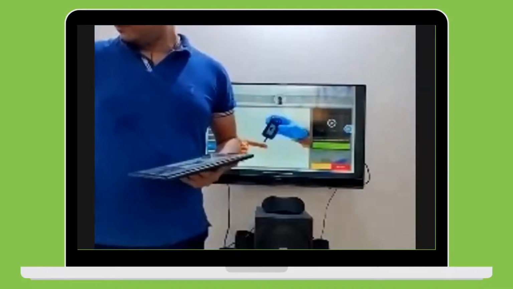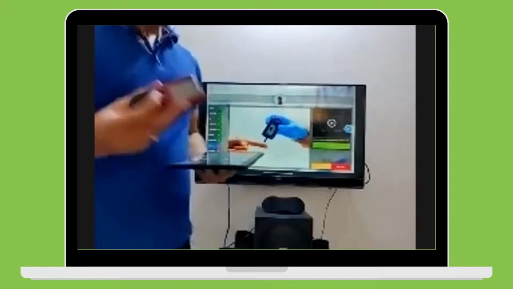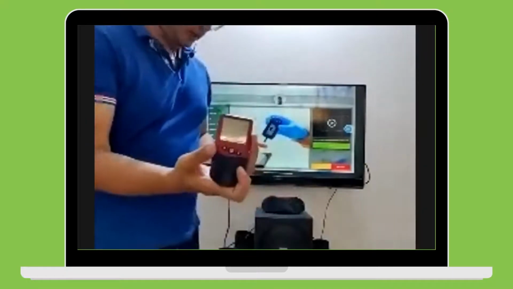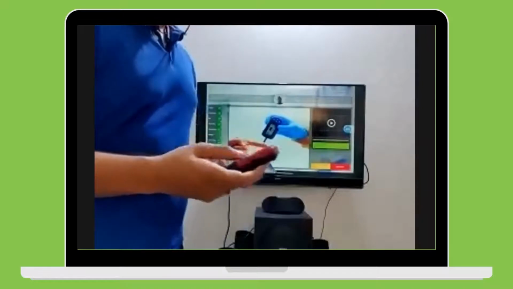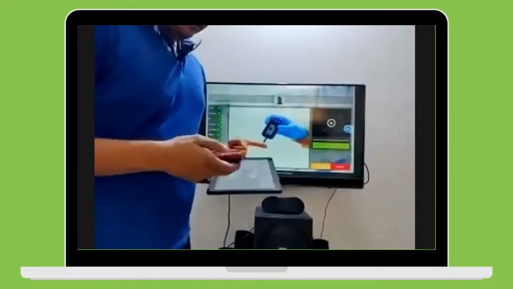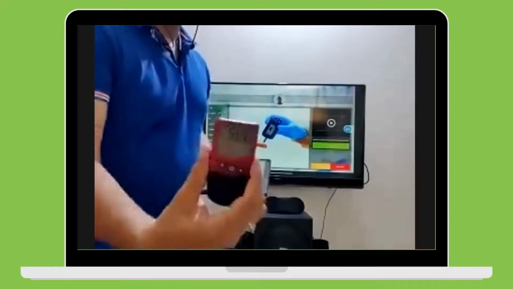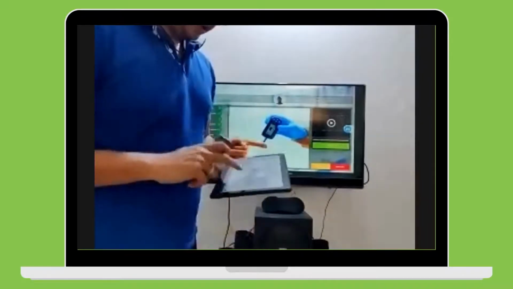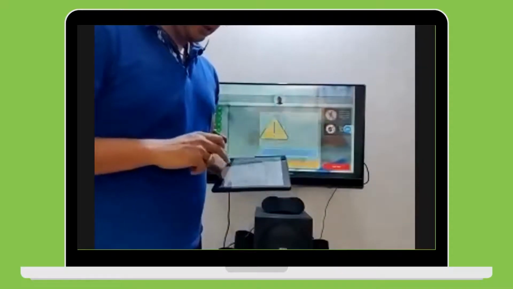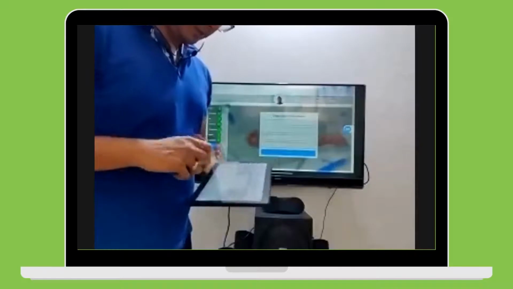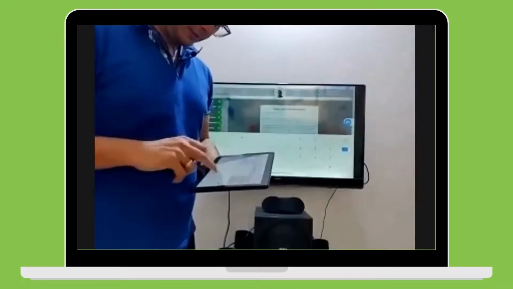Next, there is a lipid profile machine. The lipid profile machine looks something like this. And again, it shows some readings on the screen. For lipid profile also, this is not a Bluetooth machine. It is a wired machine. And you can either put a wire and then transfer the readings directly, or here I'm doing a manual entry of all the readings.